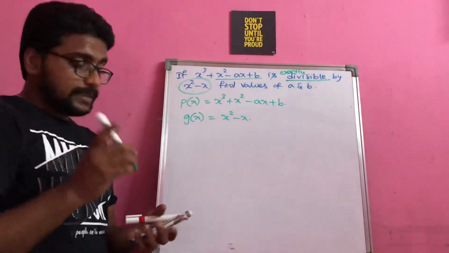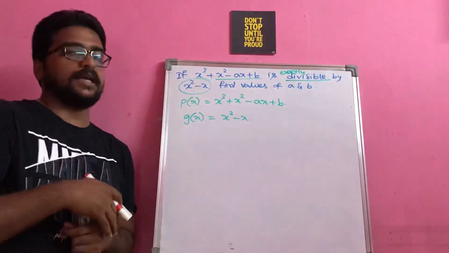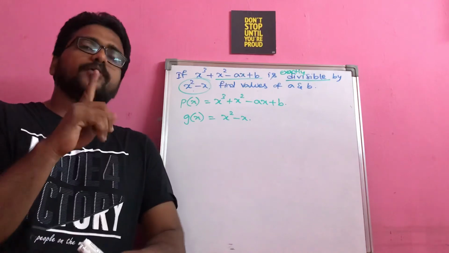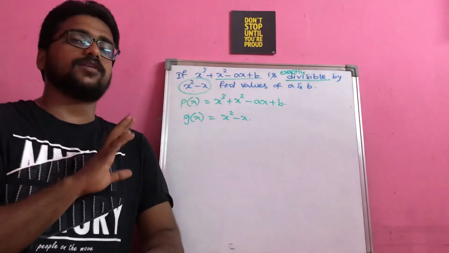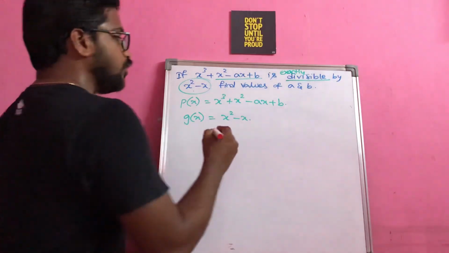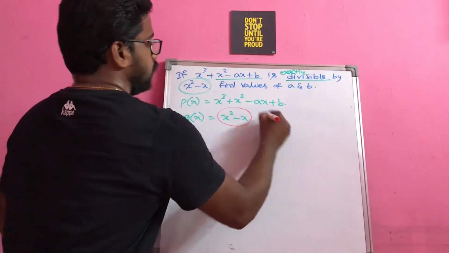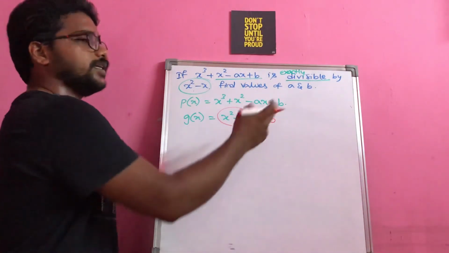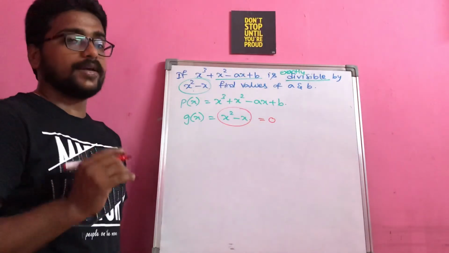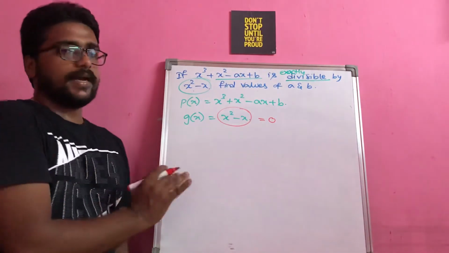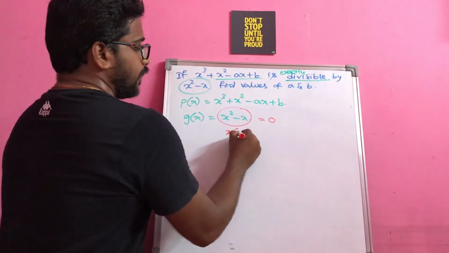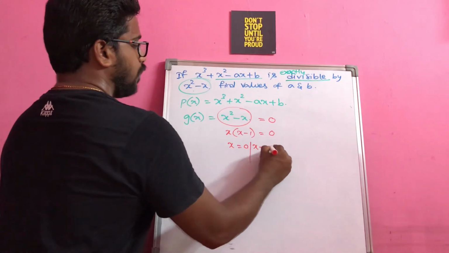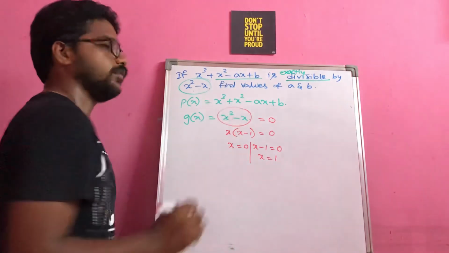Now please listen carefully, this is an important point I am going to tell you. Whenever you are using the remainder theorem or factor theorem, the first step is equating the divisor to 0. That is the basic point, right? If you equate this divisor to 0, the common mistake students make is to send one x to the other side and cancel it out. Please don't do it that way, because I will tell you the reason at the end. If I take x common here, I will get x into x minus 1 is equal to 0. That means x is equal to 0 or x minus 1 is equal to 0, so x is equal to 1.